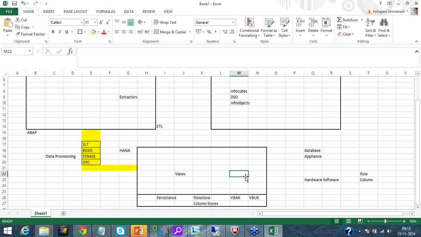You go ahead and define these joins, and once you define these joins, it is not that we're going to use all the fields from the tables. VBAK has some 80 fields and VBUK has some 80 fields. You don't use all of these fields. You probably use some 20 or 30 fields from a combined VBAK and VBUK. But what happens is we waste a lot of resources trying to bring in all the data, 160 fields, and then we're trying to choose what exactly we want to use. Okay, so